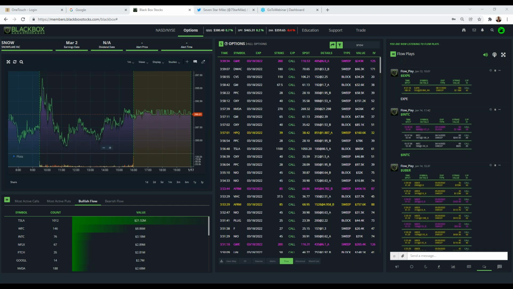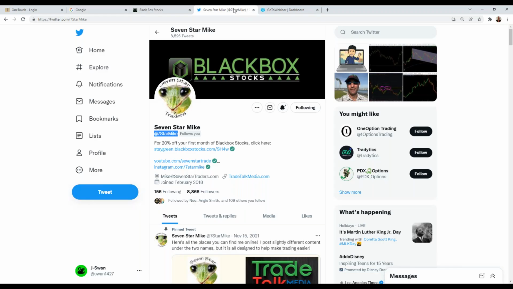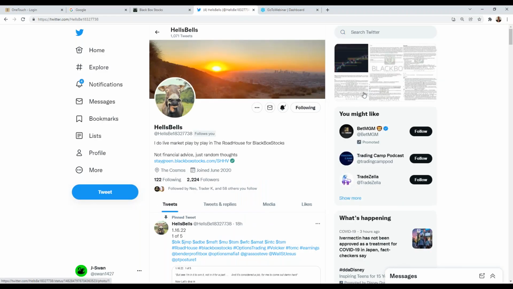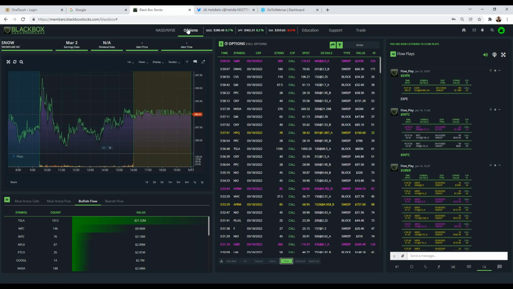And again, step back, look at the big picture. How do hedge funds trade? Well, if they're putting on a common share position, do they buy a position and just sit there? No, they buy and buy and buy over time, right? They're not going to just do one transaction to open their position. They might be buying a position over the course of months. They might be closing a position over the course of months. So the dark pool information, the options flow, what all this information is telling us is how are these